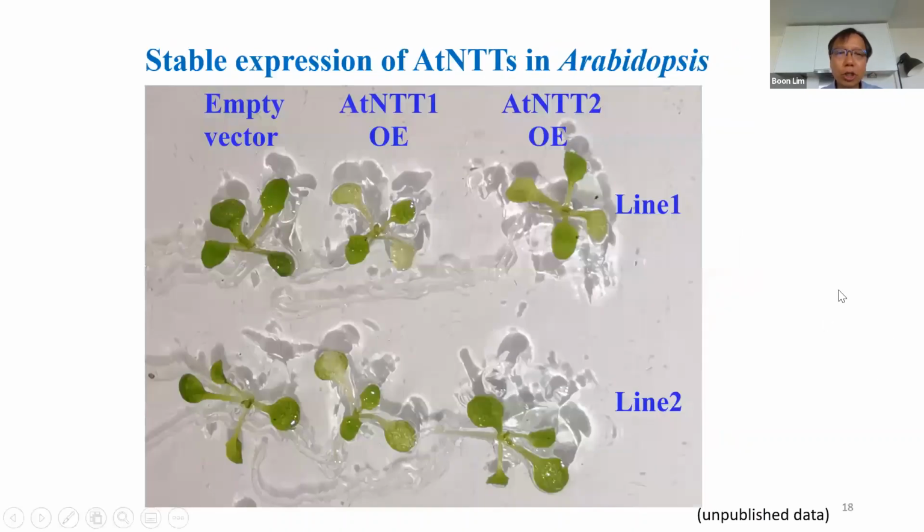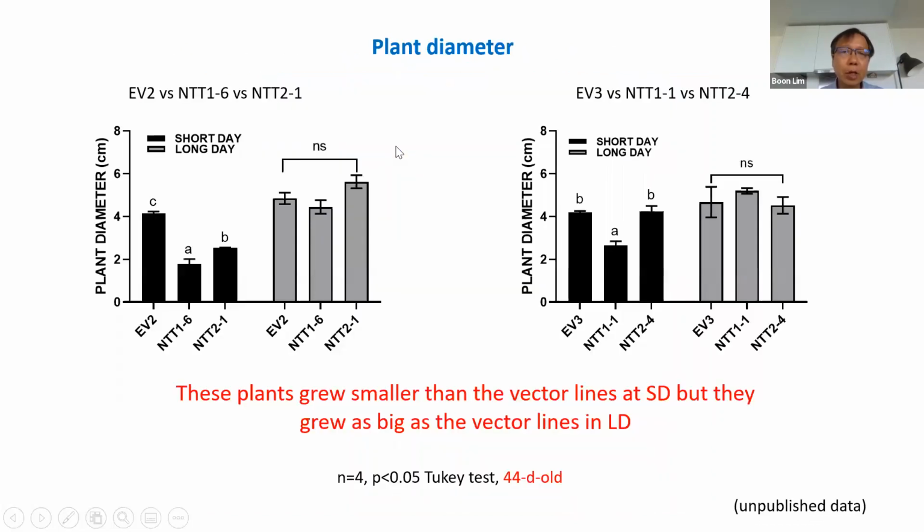And then we also try to constitutively express the NTT1 transporters. And then we find that if we grow the NTT overexpression line with the vector line in long day, they have similar plant diameter, but if we grow them in short day, overexpression of the NTT transporter will result in a smaller plant. So that also explains why mature chloroplasts should downregulate NTT transporters, because it will waste the cytosolic